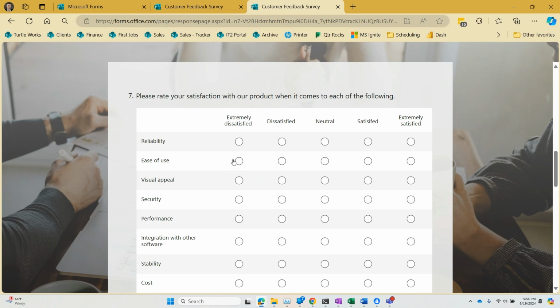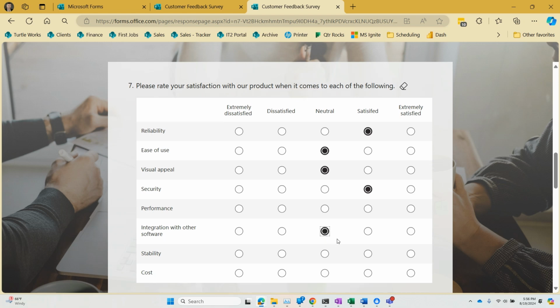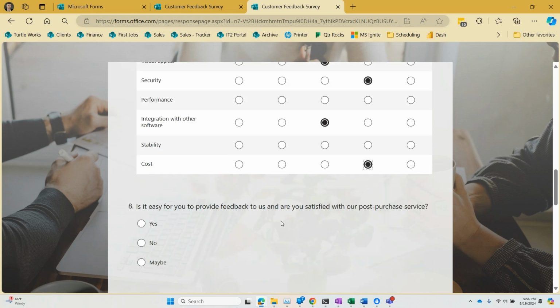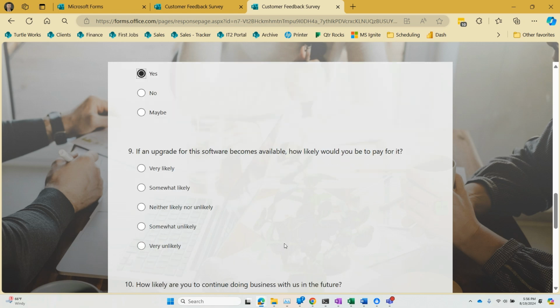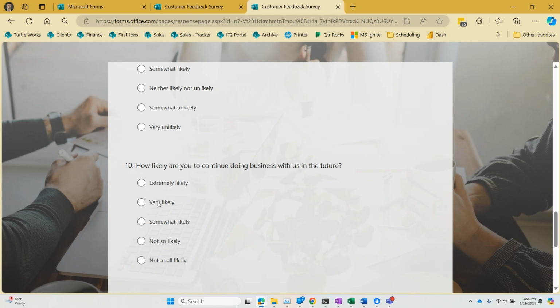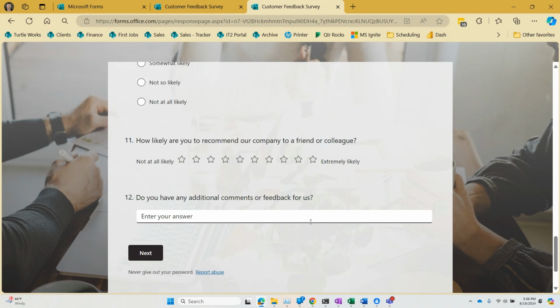Here's this matrix of different questions. I think this is known as a Likert. I'm not sure why. Is it easy for you to provide feedback to us, and are you satisfied with our post-purchase service? We'll click yes there. If an upgrade for the software becomes available, very likely, extremely likely, and